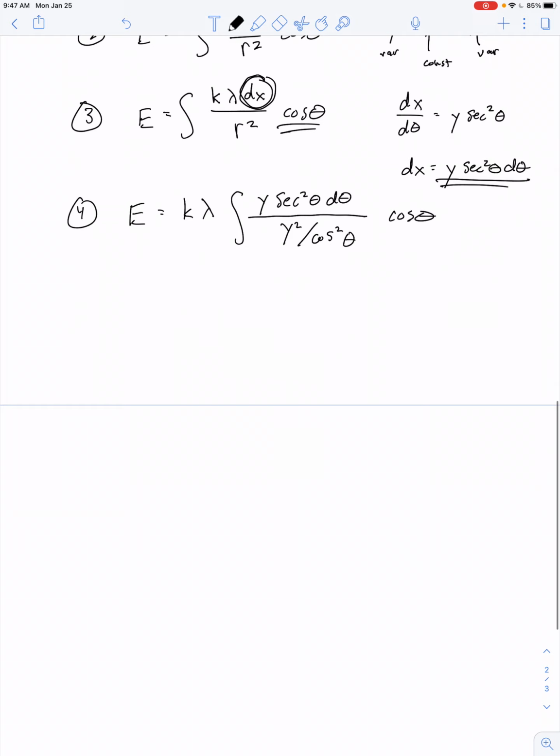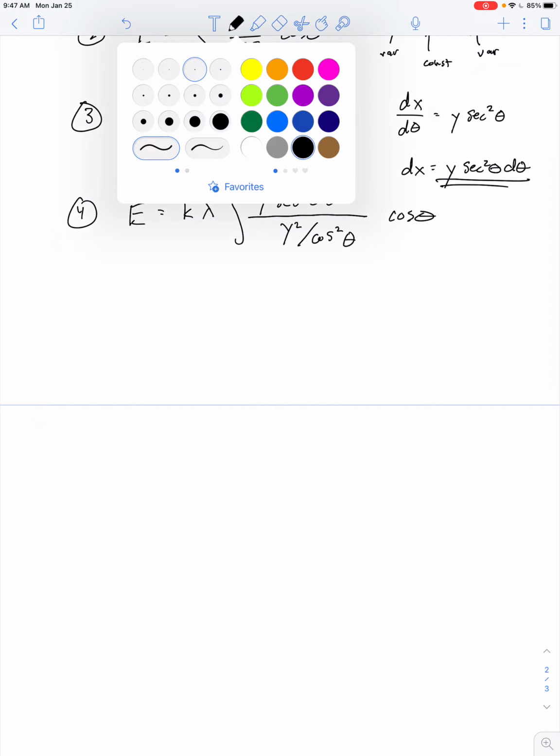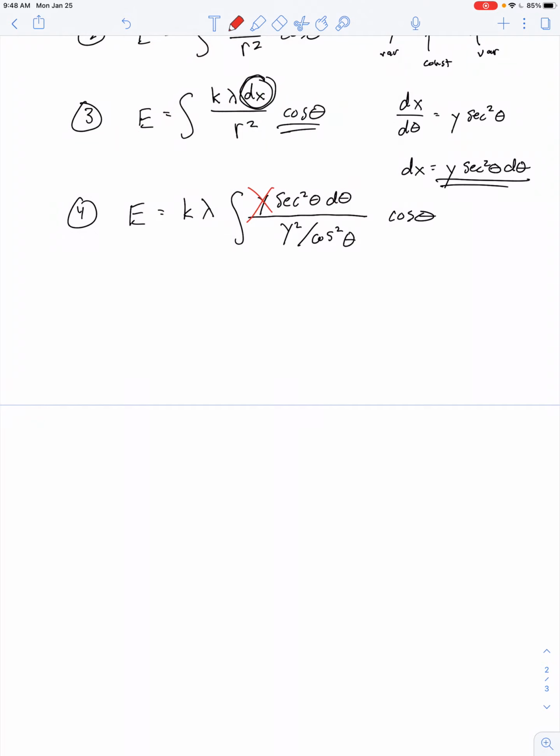Okay. Beauty. Now there's really only one variable, right? Theta is a variable, but y is a constant. And notice that one of these y's is canceled out. So in step 5, we